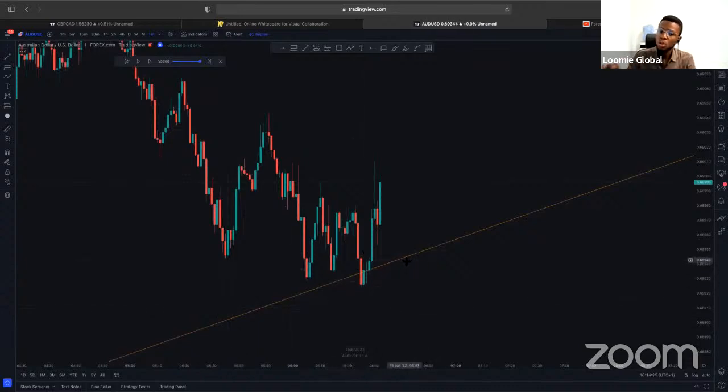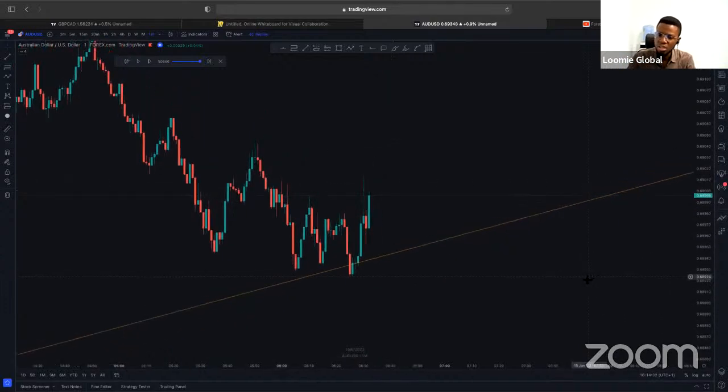So we have our trend line already drawn on the higher time frame. Remember, you are always going to draw your trend line on the higher time frame. We have drawn our trend line on the higher time frame. We are coming down to the smaller time frame. At this point, for you guys, don't bother about going to the 1-minute time frame, so you don't get confused because there's a lot of noise. Over time, when we are spending a lot of time on the chart, you'll be able to filter through the noise to know when to take your entries and exits. But for now, don't even bother yourself about the 1-minute time frame.